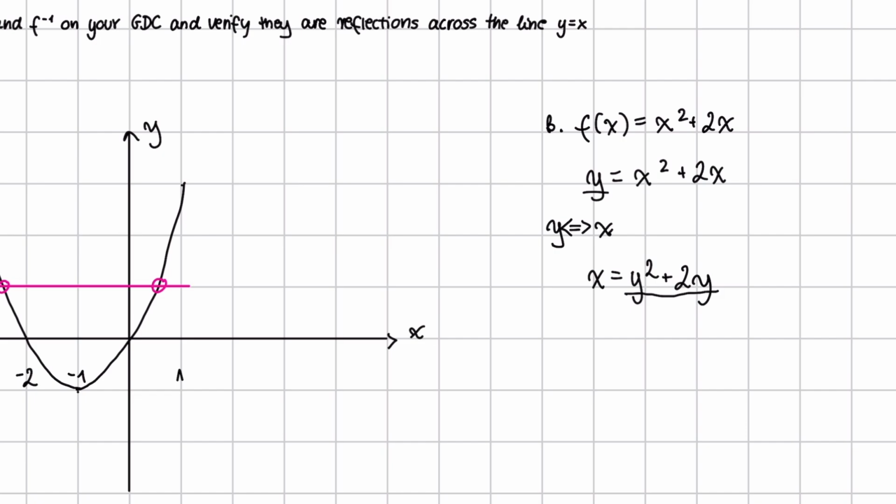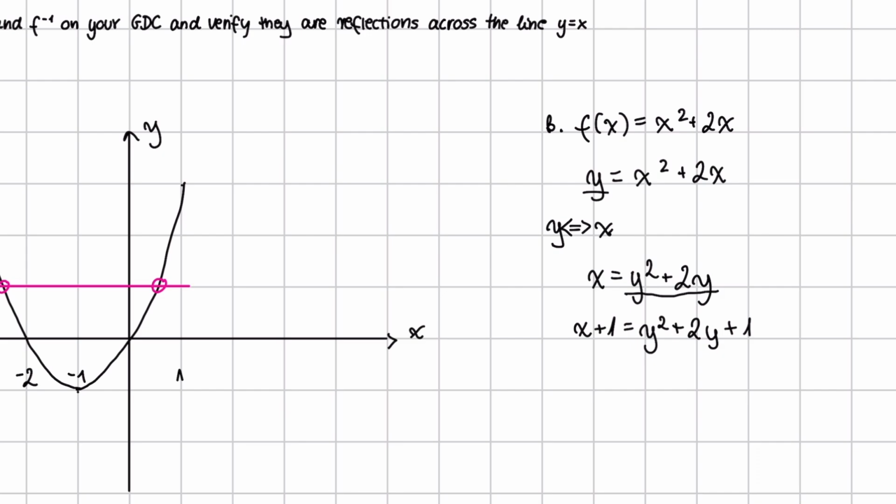However, when we add 1 to one side, we have to also add 1 to the second side. So we have x plus 1 equals y squared plus 2y and plus 1, because it doesn't change anything, because